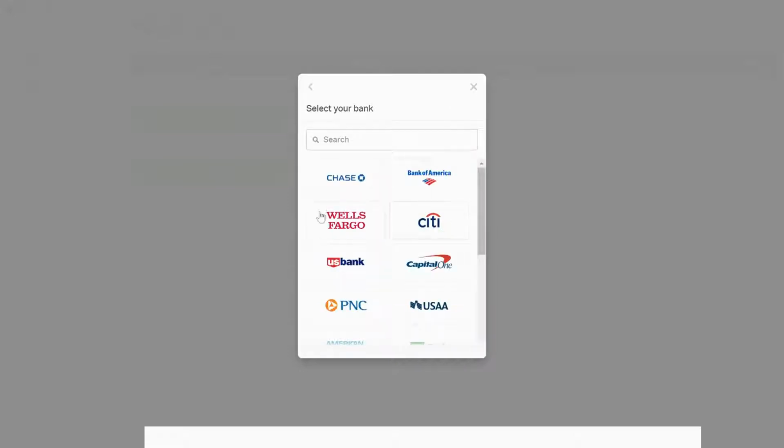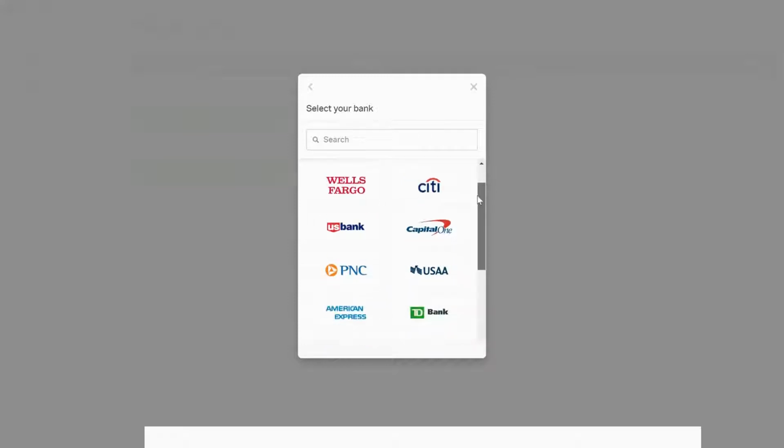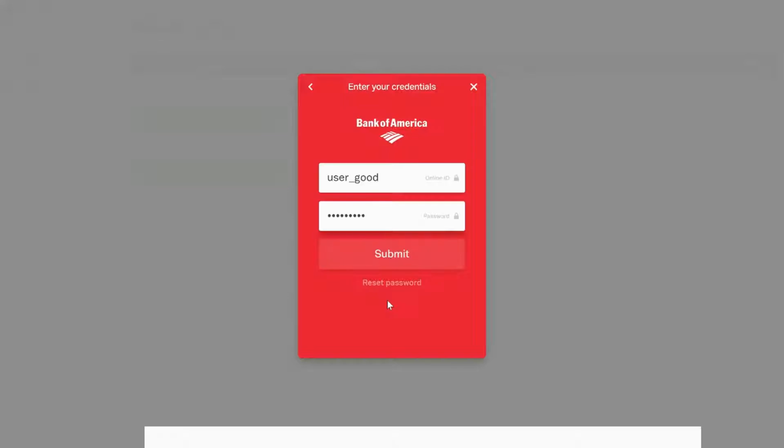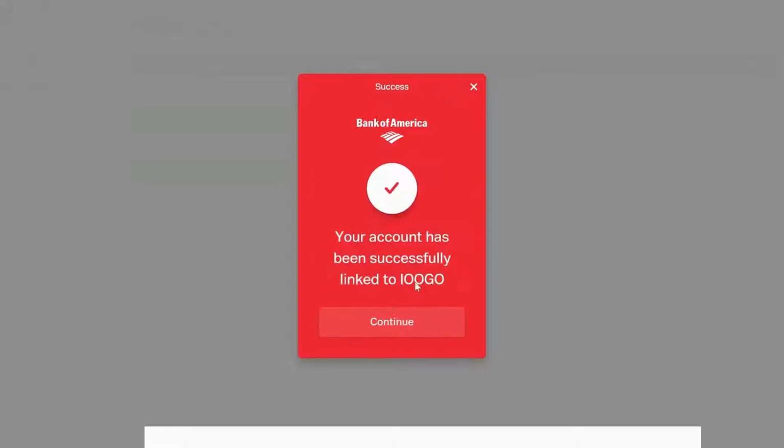Select your bank by using the list or simply typing your bank's name. Enter your username and password as you normally do when you log into your bank and click Submit. Once you receive this message, IOOGO has successfully been linked to your bank and you will begin to download transactions